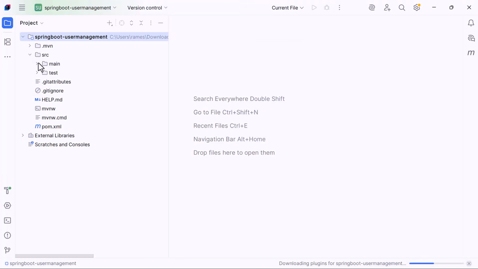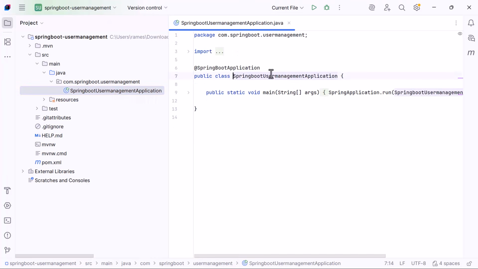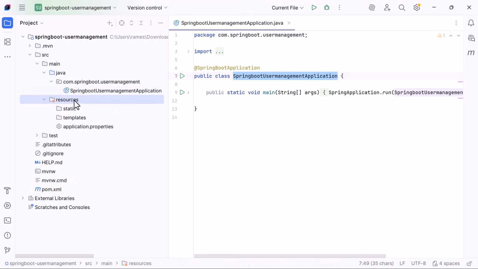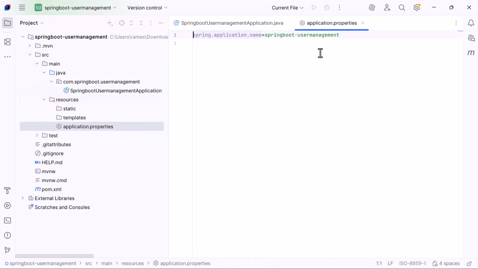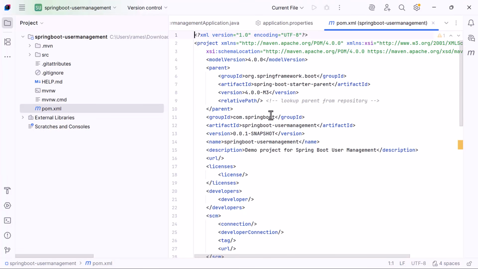Here we have the src folder. Within that we have Java and then the package, and this is the main entry point of our Spring Boot application. Next, within the src folder you can see the application.properties file. Here we can keep all the application level properties, and then here we have the pom.xml file, and here you can see the Spring Boot version and then the Java version